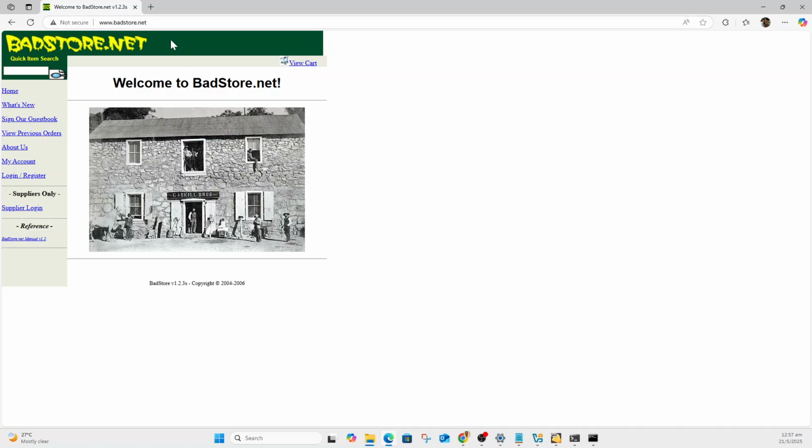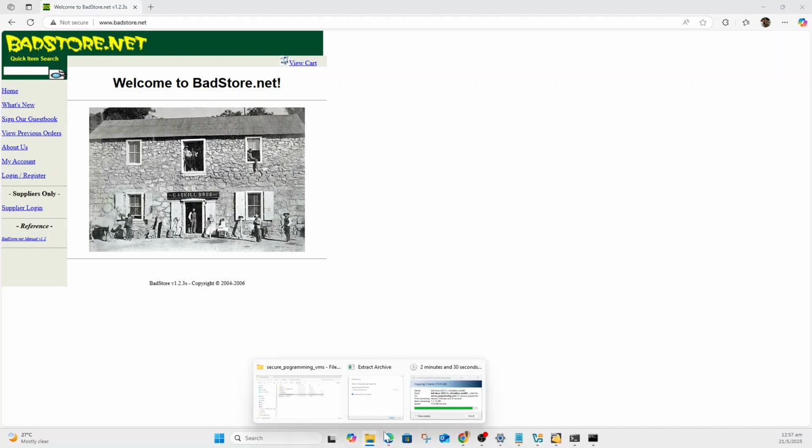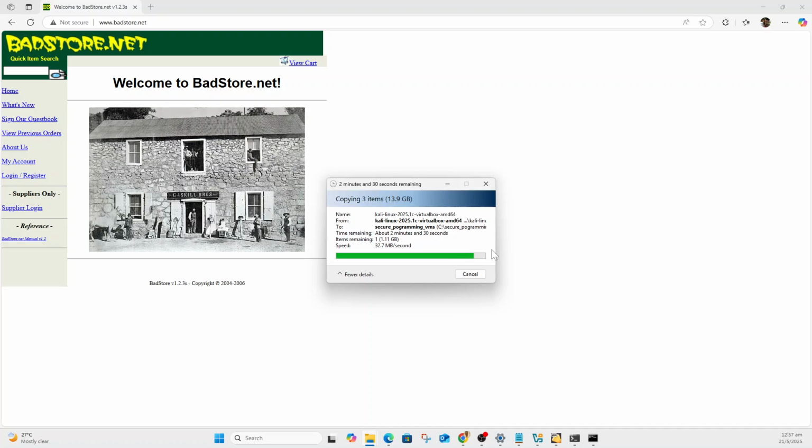Okay, now we continue by installing the Kali. So we open the folder that we were extracting just now. Okay, still incomplete. We just wait for a few more minutes. Almost done. Okay,